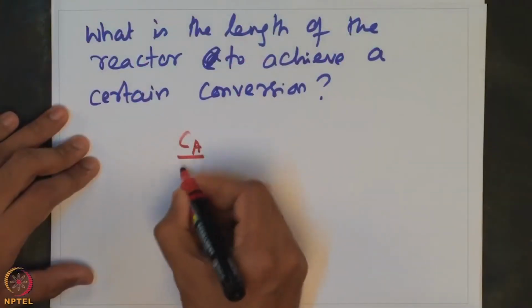So, one of the important aspects of the design of the reactor is the size of the reactor itself. We want to know what is the length of the reactor that should be considered in order to achieve a certain conversion. Now, how do we find this? We can actually use the expression that is available for concentration of the species